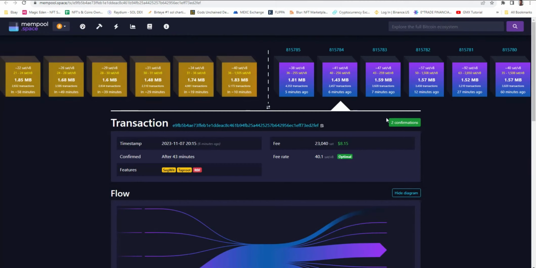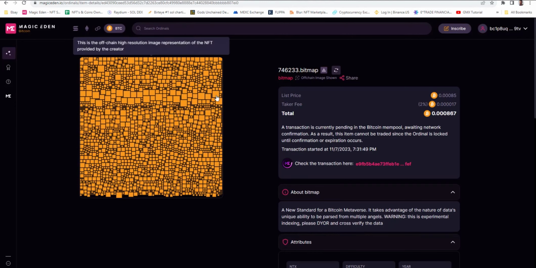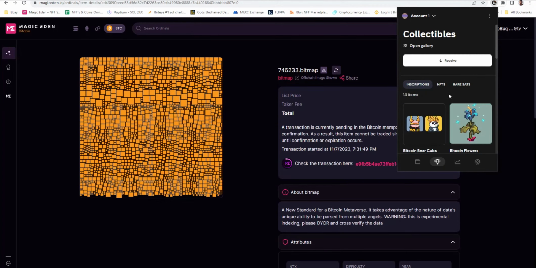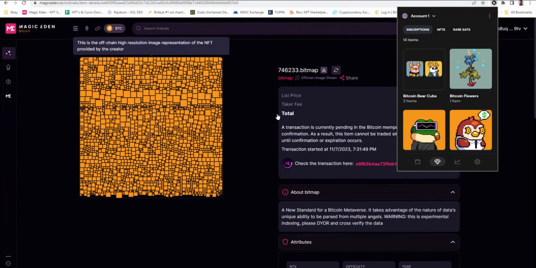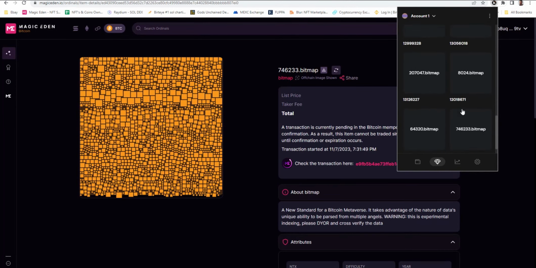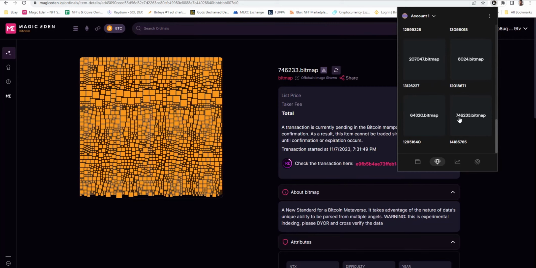All right, so we have 2 confirmations. It looks like this transaction has gone through. Let's go ahead and go back to Magic Eden and let's take a look at our Xverse wallet. Looks like the Bitcoin was taken out. Let's click on the gem down here to take a look at our collectibles. And we're looking for number 746233. So let's see if it's in here. There it is,